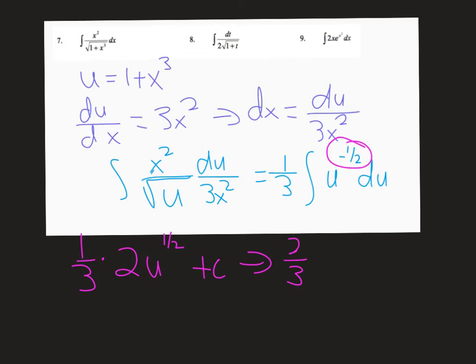If you're not convinced you're right, just take the derivative. So we got 2/3, 1/2, 1 plus x cubed to the negative 1/2 times 3x squared. And then the plus c goes away because the derivative of a constant is 0. Those cancel. Those cancel. So it's x squared over square root 1 plus x cubed. So we did that. The next one, we've got